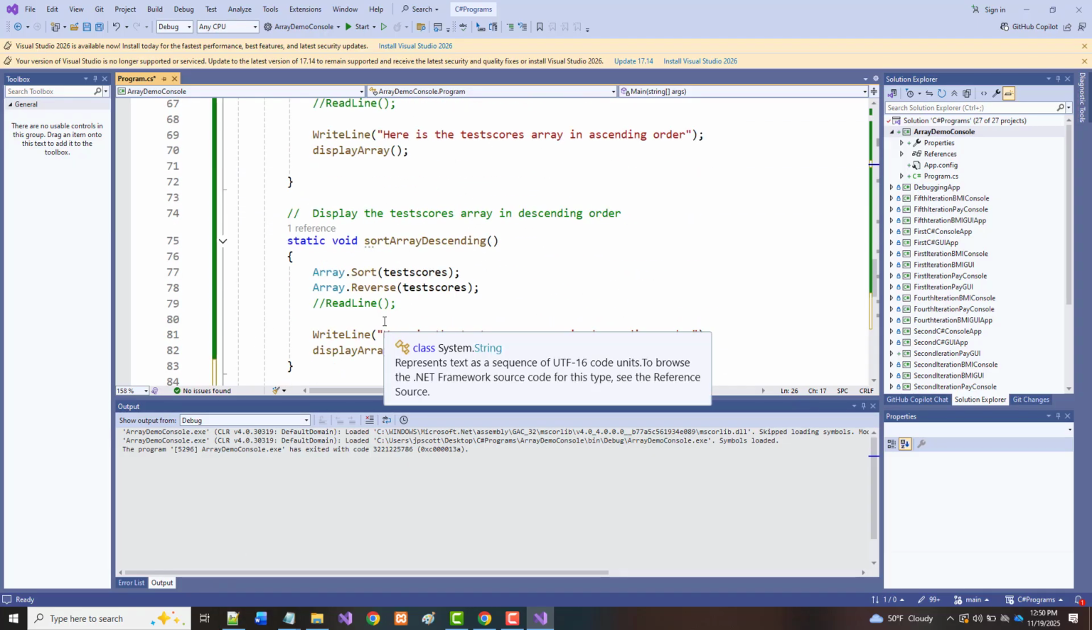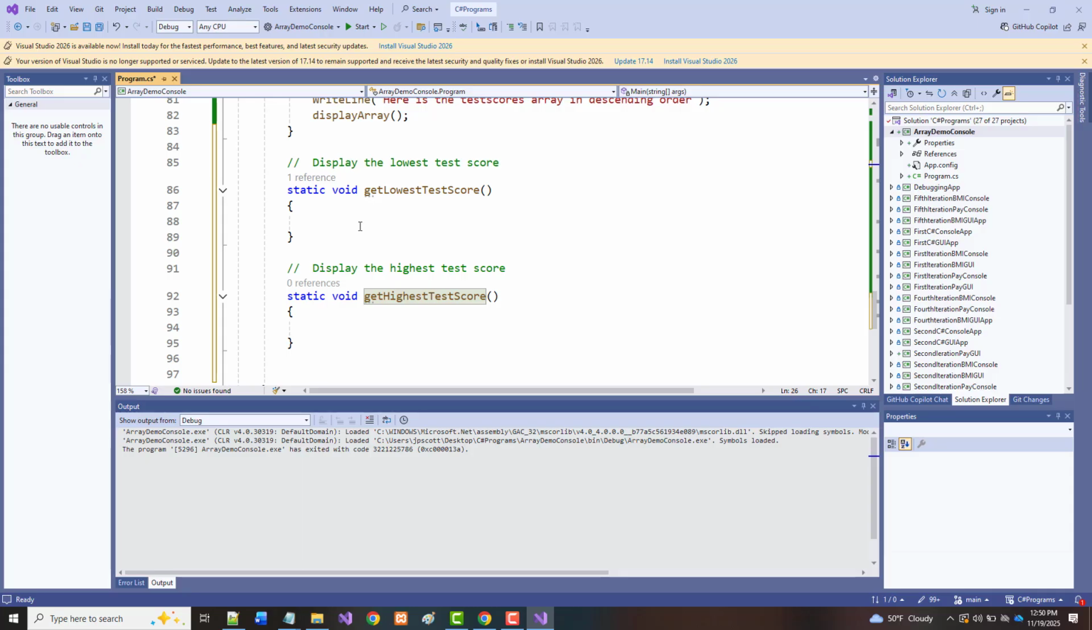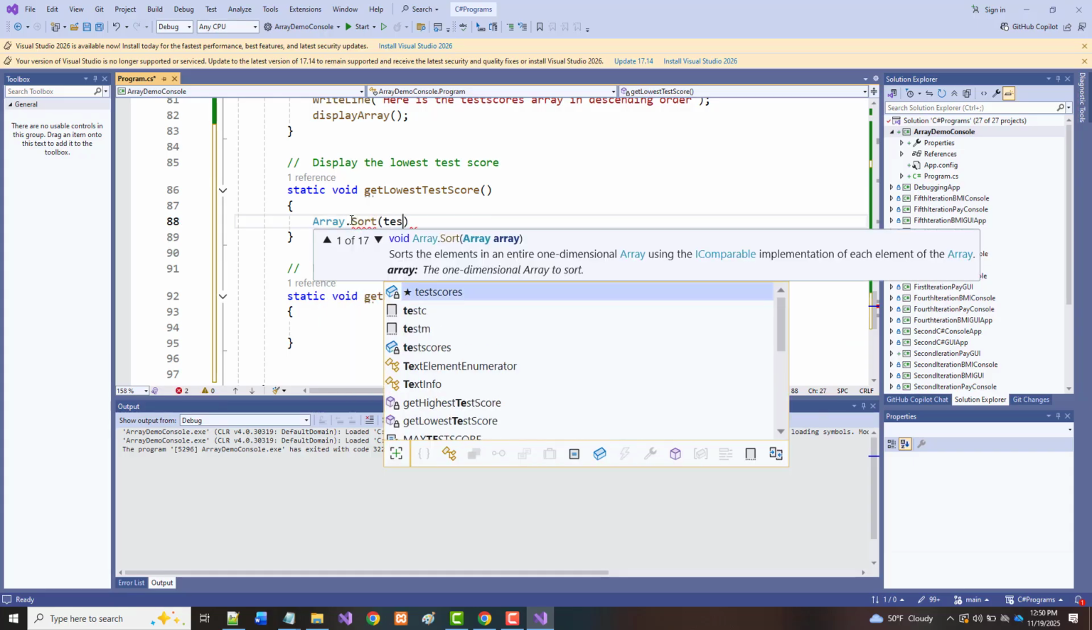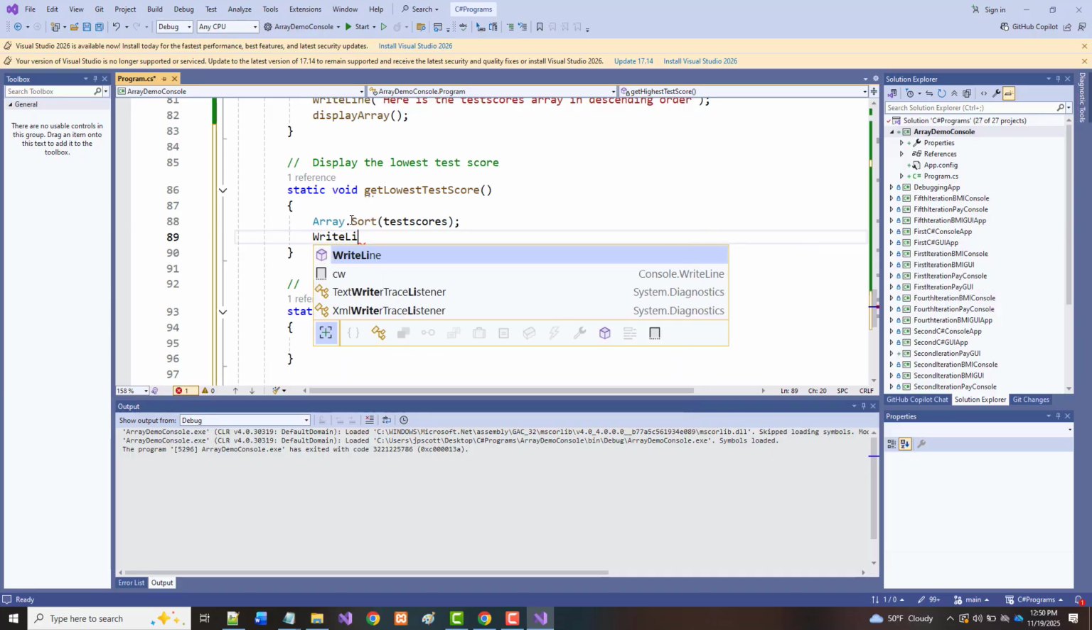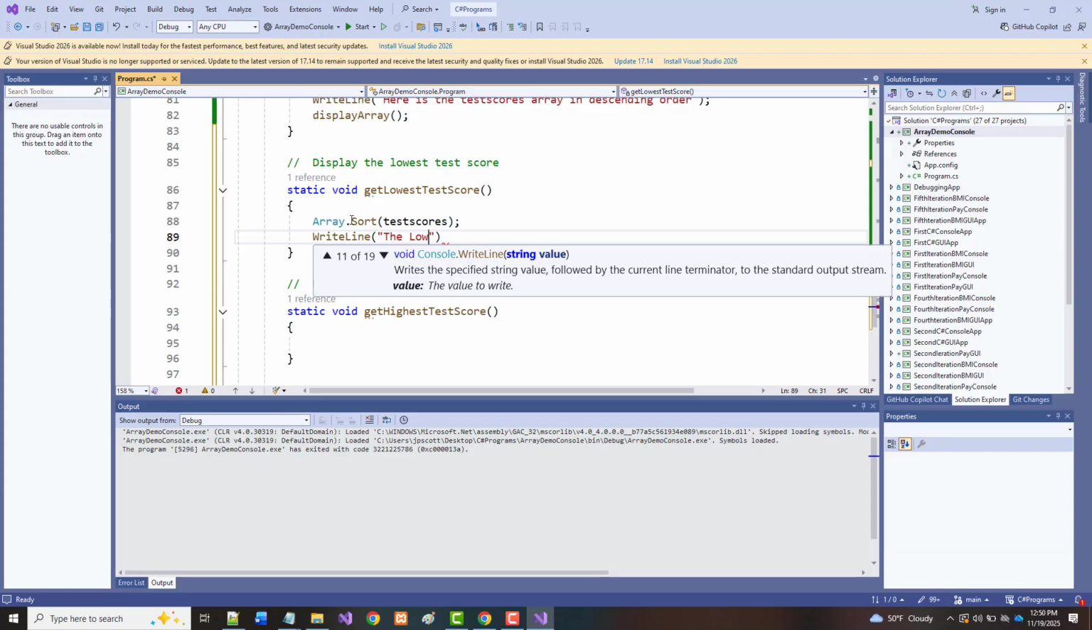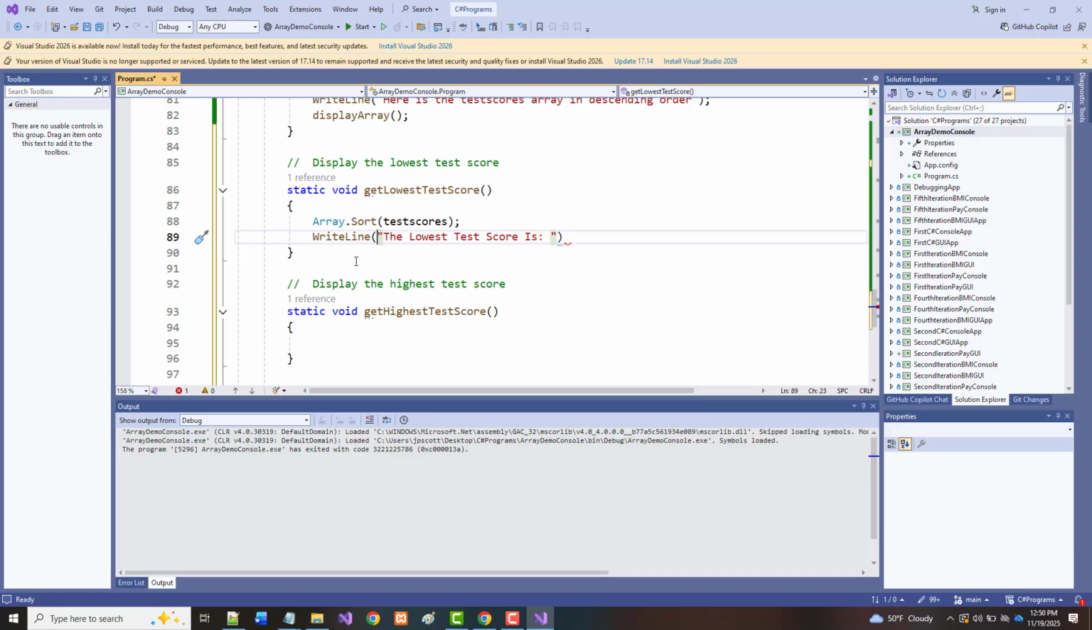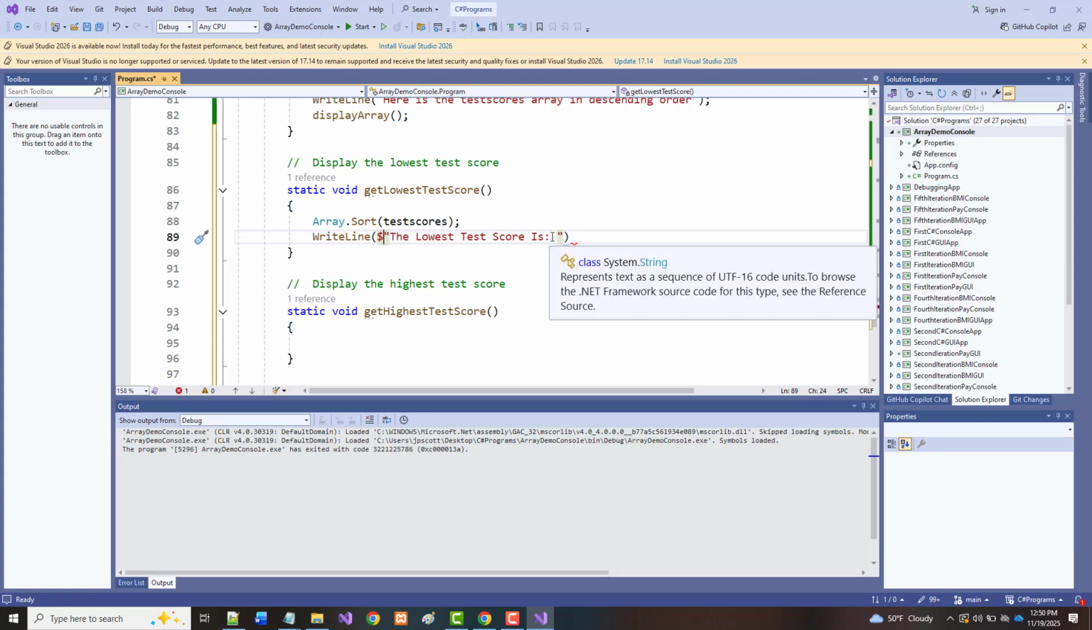All right. Now there's, like I said, different ways we can do this. But what I'm going to do here is an array.sort. Oops, try that again. I'm going to put in here array.sort of our test scores. And then, rather than calling that display, we're just going to put in here a write line that says the lowest test score is, in fact, let's put our $ sign in here. Let's start doing these the right way. So $ sign, and this is going to be